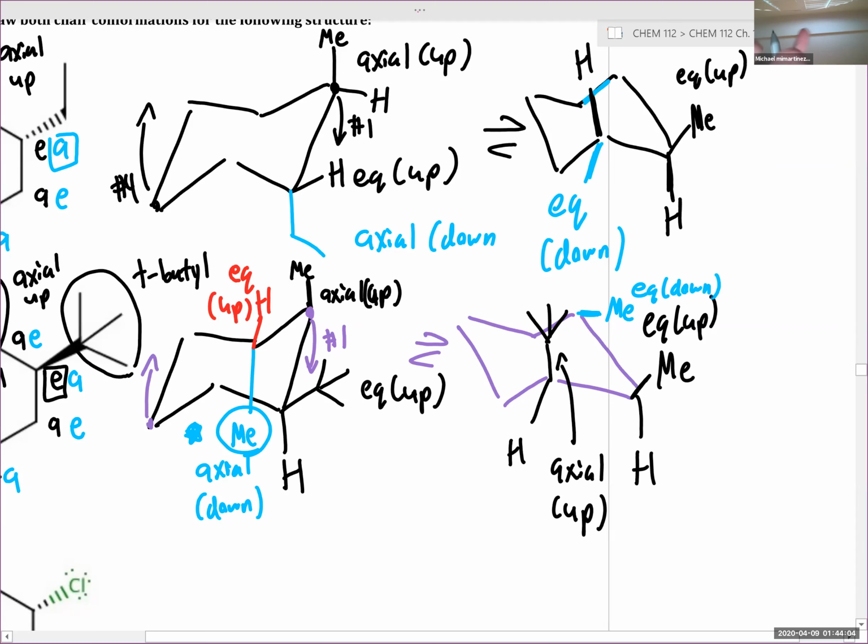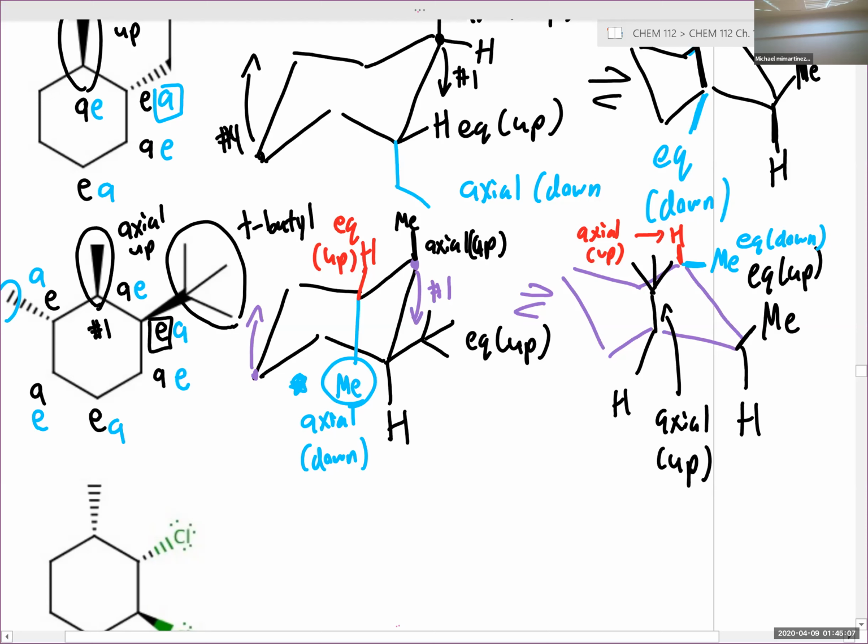So the reason why you don't use dash wedge in these models is because dash wedge is used such that all of your normally drawn lines are perfectly flat in the plane of the page, while anything with a dash or wedge is above or below. When you're drawing chair conformations,